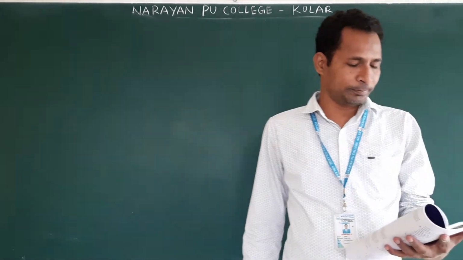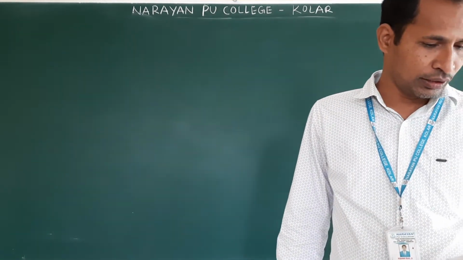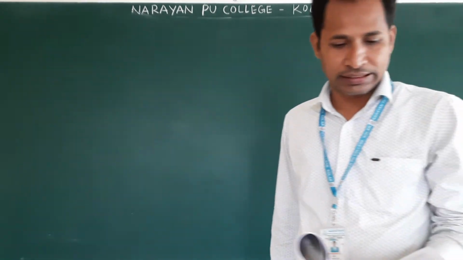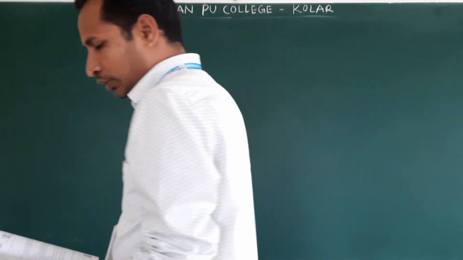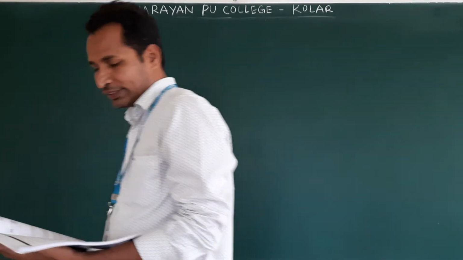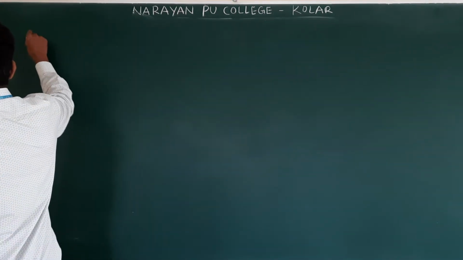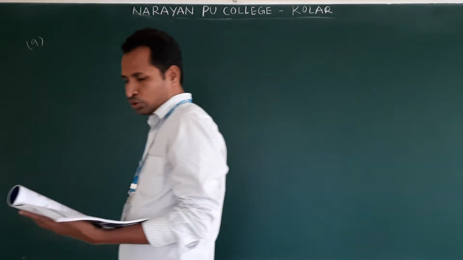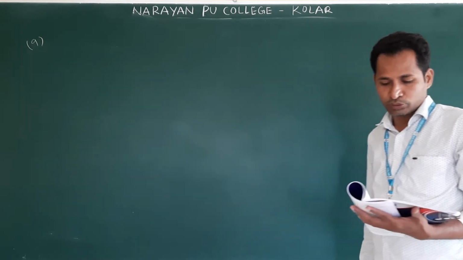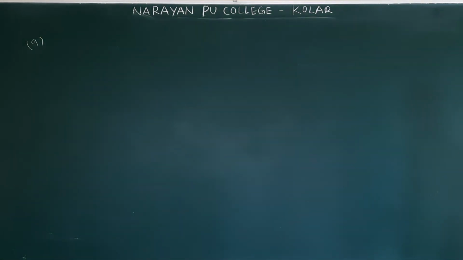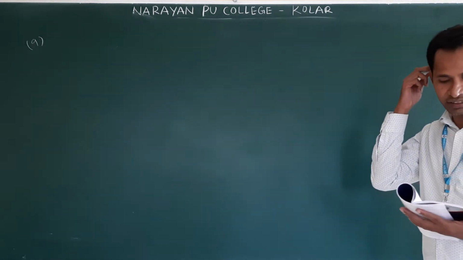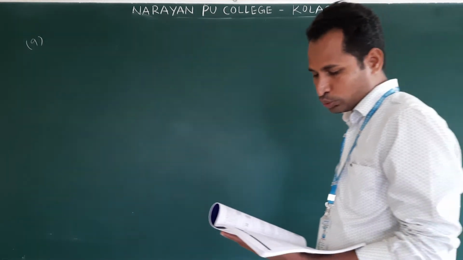Good morning. In the last class, we have seen questions up to eight. Now we will start with nine. Two masses M1 5 kg and M2 4.8 kg tied to the string are hanging over a light frictionless pulley. What is the acceleration of the masses when the system is left free to move?